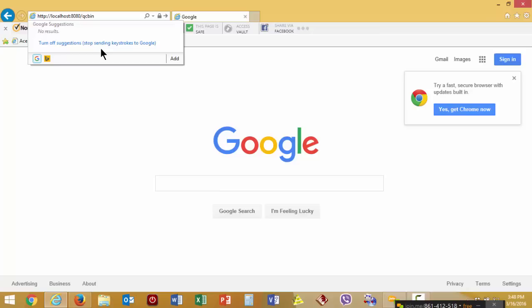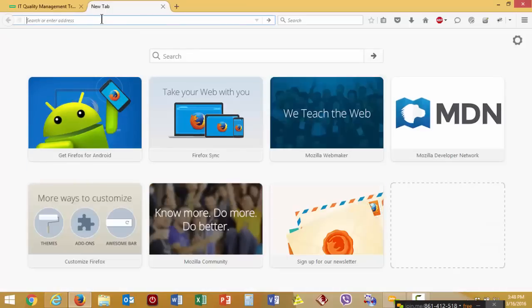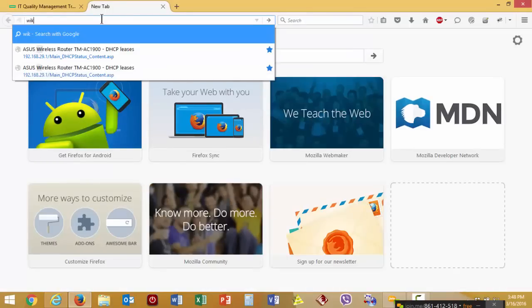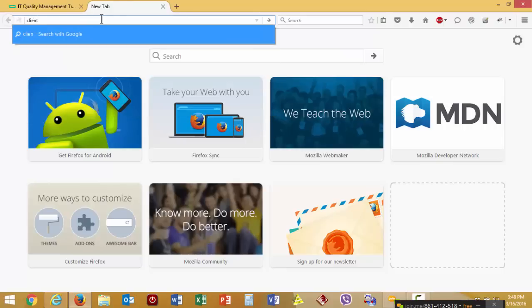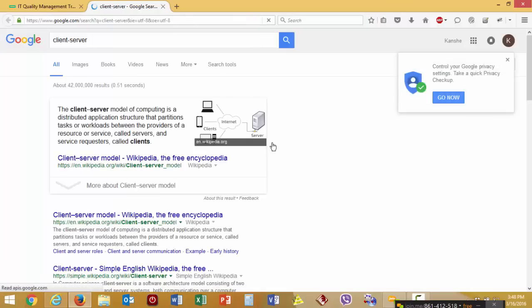Now some of you may not understand what client server is. I think we covered it in one of the classes. Some of you have access to the videos. You can go online and see client server, what it means, or go watch the videos and you will probably understand. In simple words, client server means